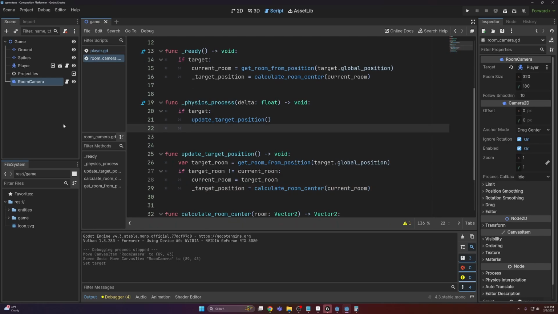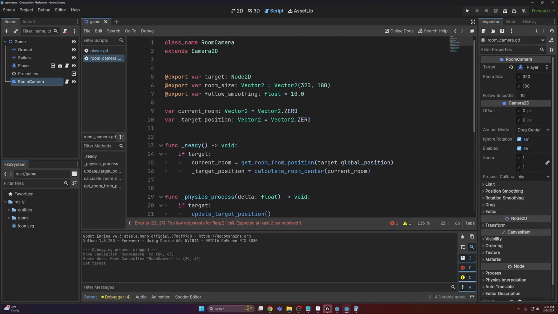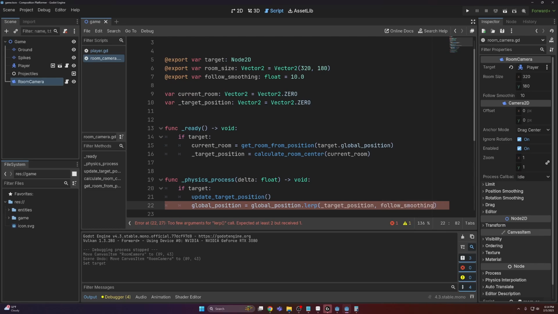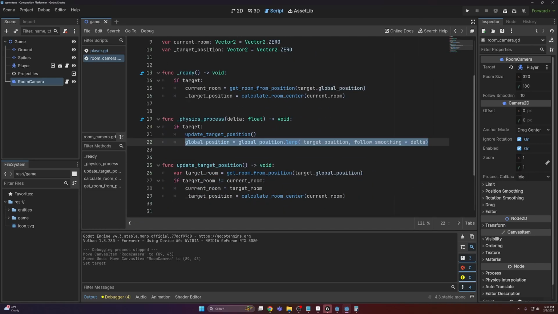After we update the target position, we actually need to move the camera to whatever the target position variable is. So we can just do global_position is equal to global_position.lerp(target_position, and then we can pass in that follow smoothing variable and multiply that by delta. So basically we are going to smoothly or linearly interpolate our global camera position to whatever that target position variable is